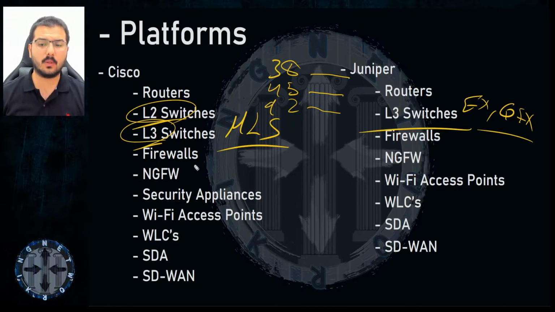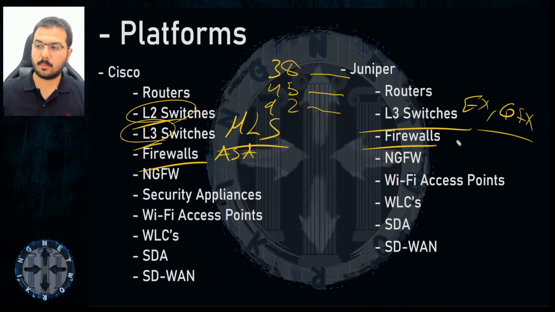Firewalls, do they provide firewalls? Yes, both of them provide firewalls. What type of firewalls? You can search for that. You'll find that Cisco provides ASA, and different types of firewalls, but they are not so famous with it. You might not really see a lot of Cisco firewalls in the market and in the data centers, not really. With Juniper, it's also not that much.